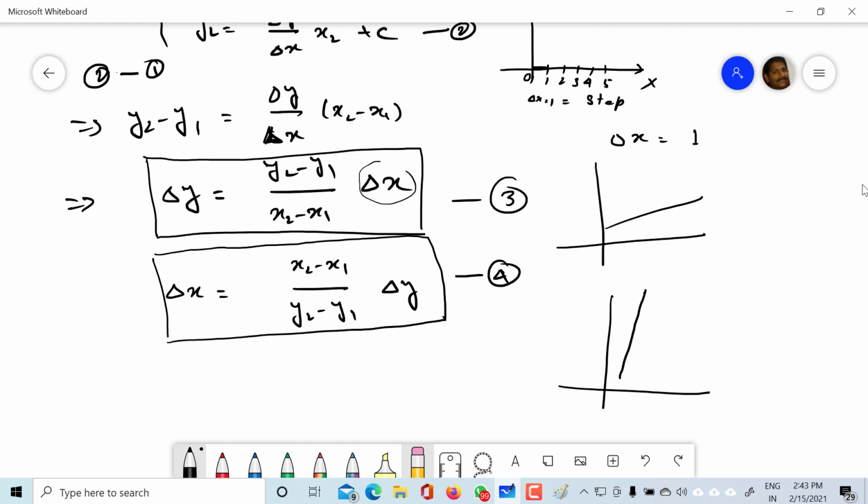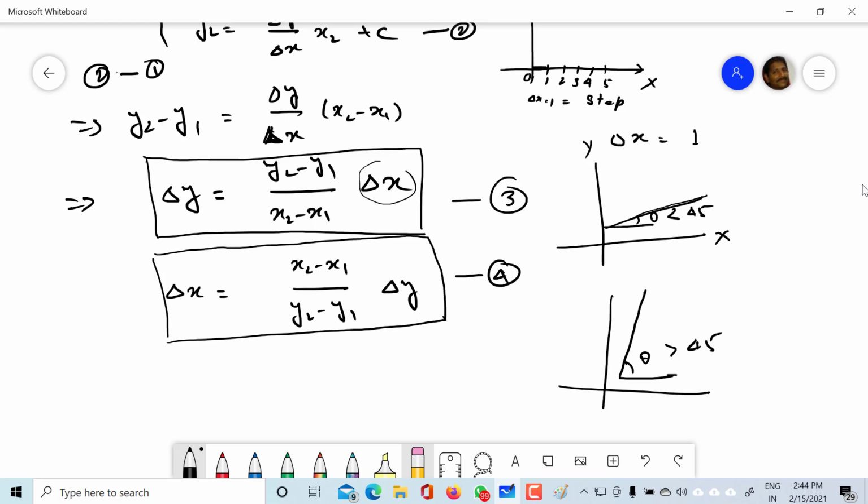In the first case, the inclination of the line is more towards the x-axis than towards the y-axis. That means the angle is very thin; it is an acute angle. In the second case, the angle is more, and its inclination is more towards the y-axis than towards the x-axis. That means this angle is more than 45 degrees. In the other case, this angle is less than 45 degrees.